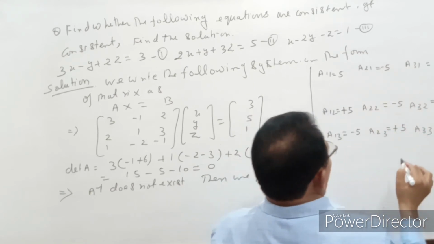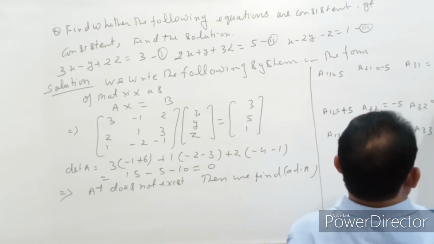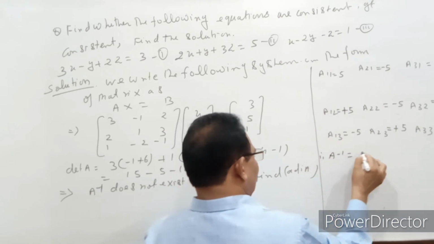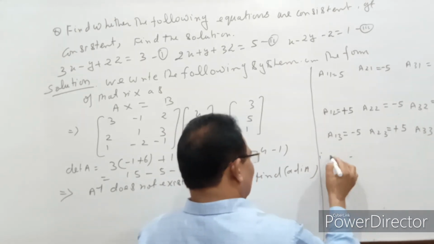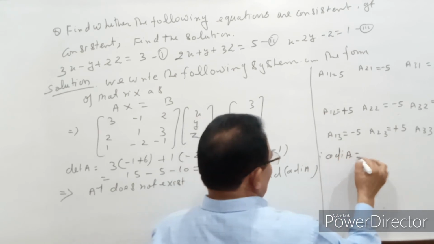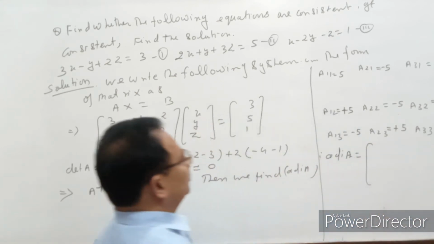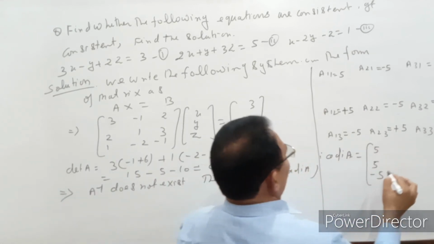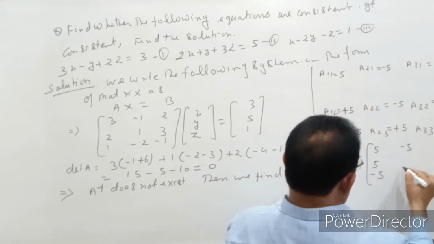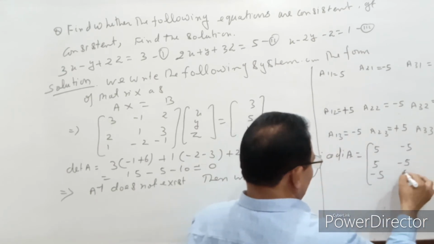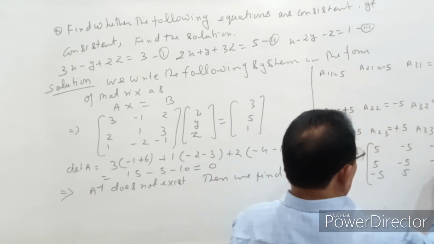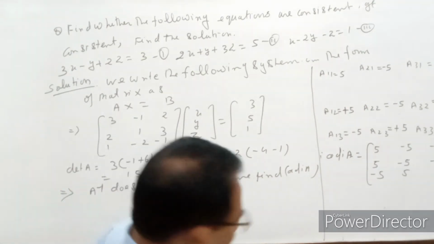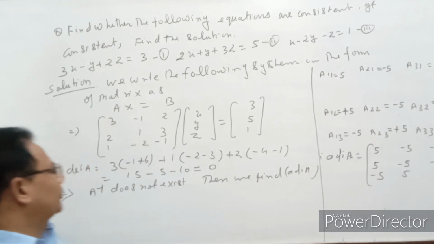So therefore A inverse, तो हमारा नहीं निकलेगा, adjoint of A is equal to 5, -5, that is -5, और 5, -5 और 5. देखो यहाँ हमारा adjoint of A निकल गया और